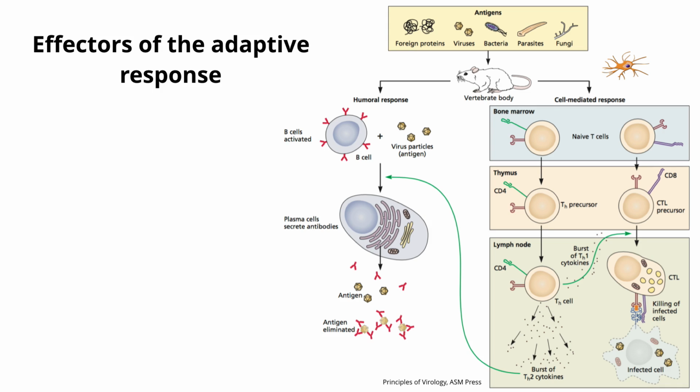So you make more and more higher affinity antibodies, and all this happens in the lymph node until, after a couple of weeks, you get really, really high specific antibodies for the antigen. Now on the right, the cell-mediated response starts in the bone marrow with the precursors of the lymphocytes. They move to the thymus where they mature further, and then in the lymph node,